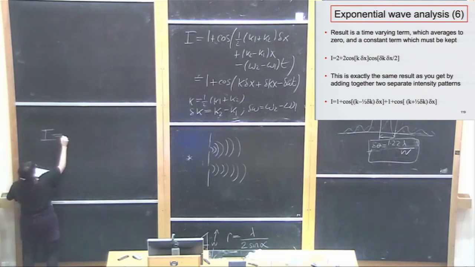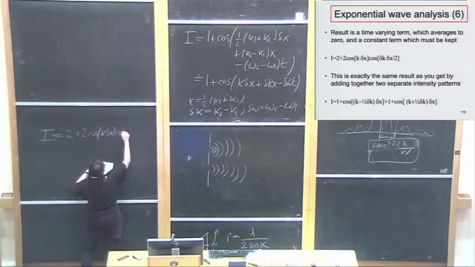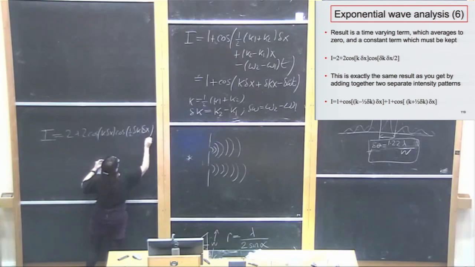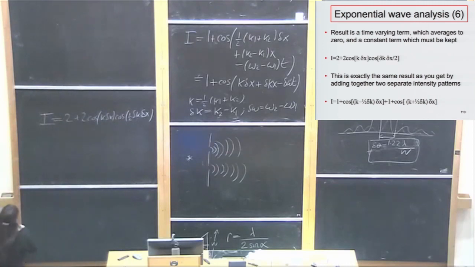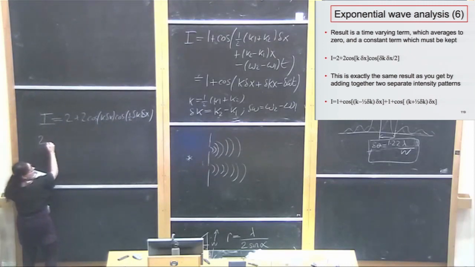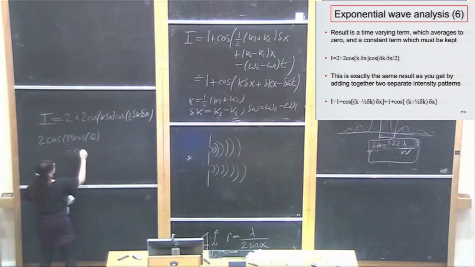Right, so what we've got here as the result that you get out is 2 plus 2 cos k delta x cos half delta k delta x, sorry, delta k delta x. Okay, have I written that right? Yeah, okay. So we can convert the product of cosines into the sum of cosines, cos p plus q plus